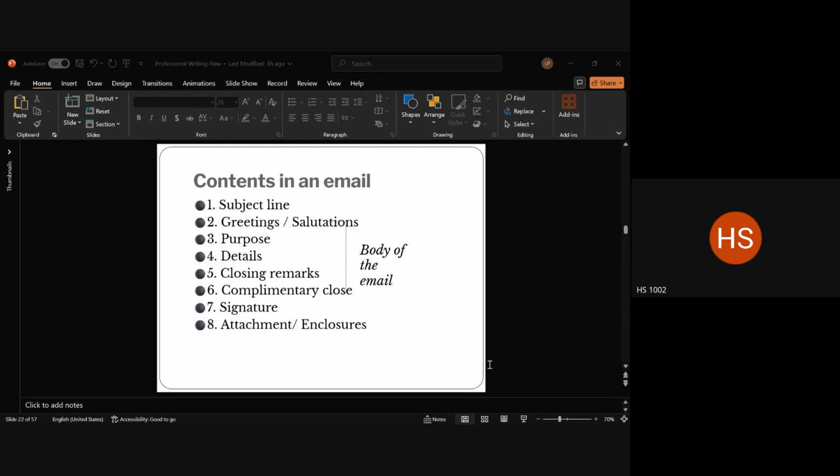Why am I not using it? Because hello gives a flavor of non-formality there, non-seriousness there. So to convey to the colleague or to my friend that I'm conveying a very important piece of information to you, I have to code it as a bit formal, right? So I write dear. I have to use the word dear there. Dear automatically means that I'm going to talk about something that is formal in nature.